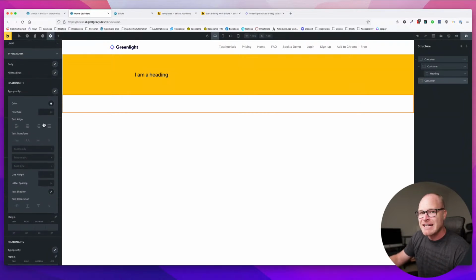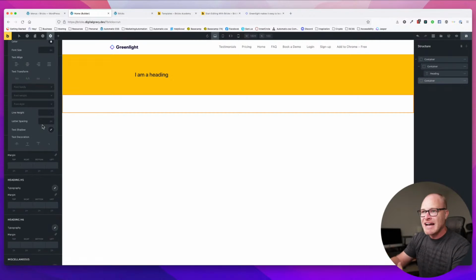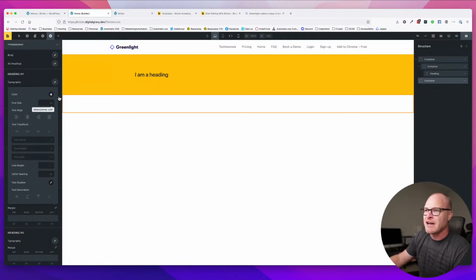You don't have to choose sizes. I want my sizing to be according to a mathematical scale, so I don't have to make these decisions. I want control over the scale. I want it to all be responsive. I don't want to have to deal with breakpoints. I kind of am seeing the same thing with Oxygen, where if I set this at 4.8 rem as my H1 font size,